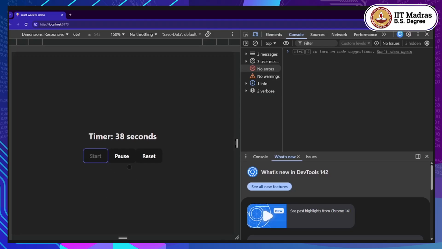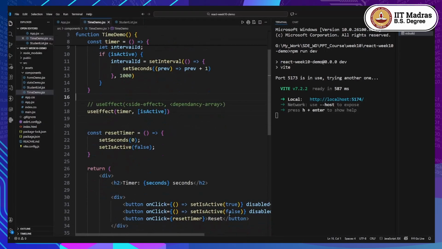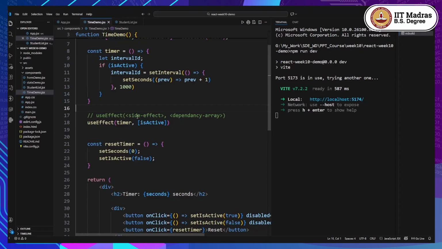Now let us see what happens with pause. Nothing is happening, right? When I click on pause, nothing is happening, although setIsActive is changing the value to false. This entire thing will be triggered only when isActive is true. So what happens when it is false? Basically nothing. The timer that has started will keep on going unless and until you